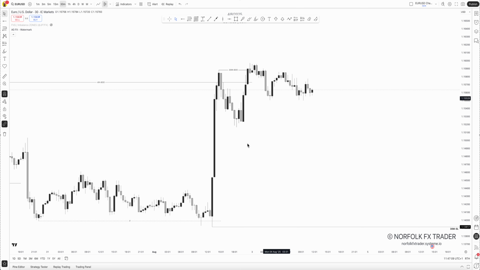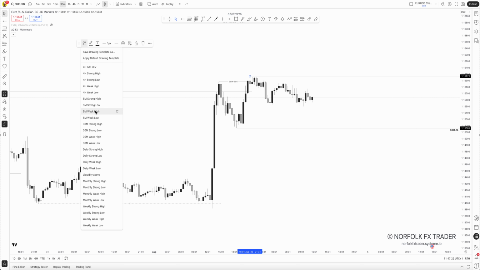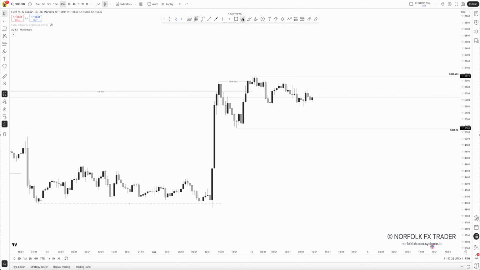So that's where we'd have seen the strong low on the 30-minute. Now we've seen a new break to the upside. This becomes the new strong low. And we also have a weak high that we can mark off right there. So now we've formed that area we're looking for, which is our last break of structure and our current trading